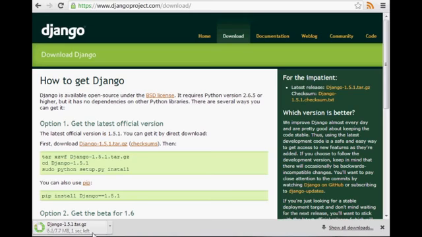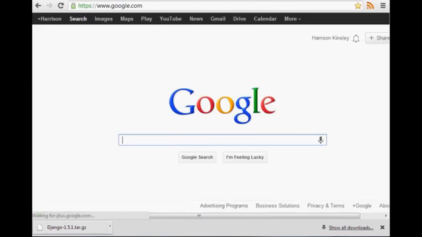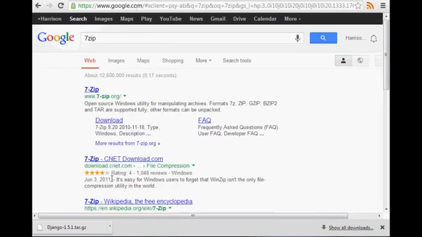But actually, I've talked us through the entire download. So once you've downloaded the tar.gz, in fact, since I'm on this computer, I don't even think I have 7-zip. So to open this up, we're going to want to pop on over here and download 7-zip so we can take care of this.